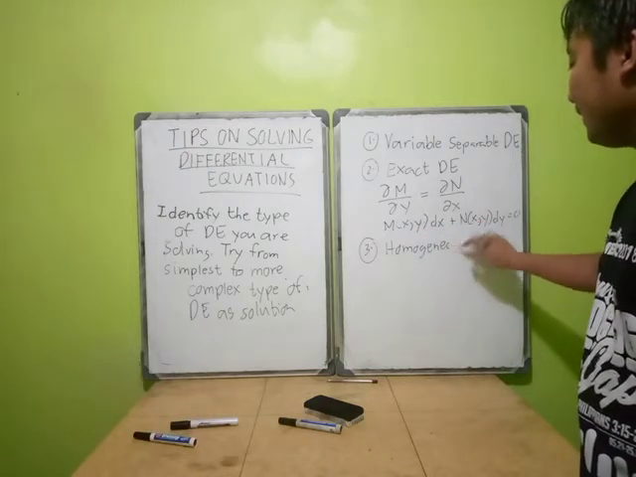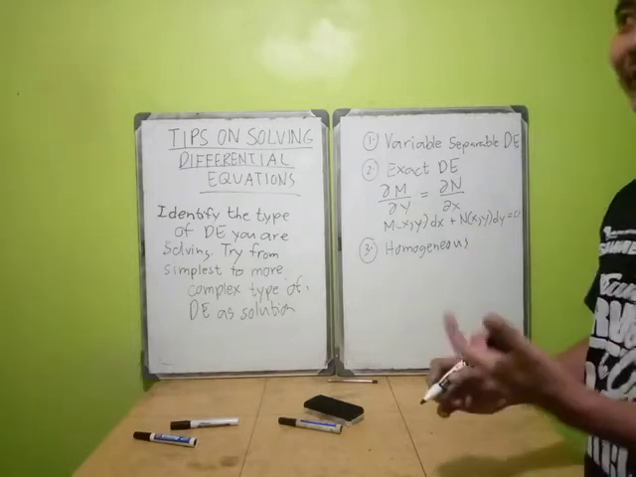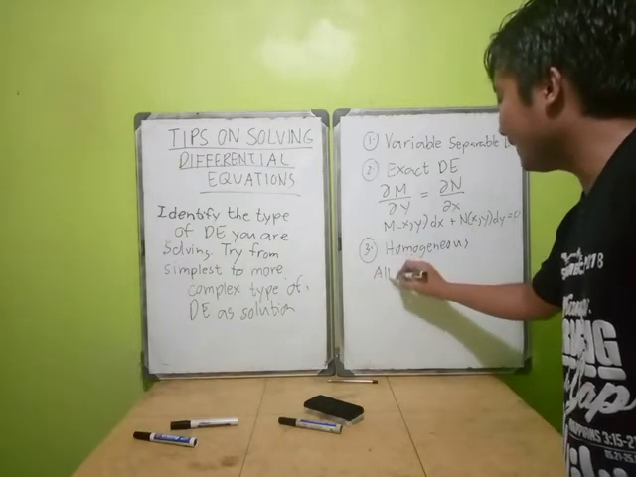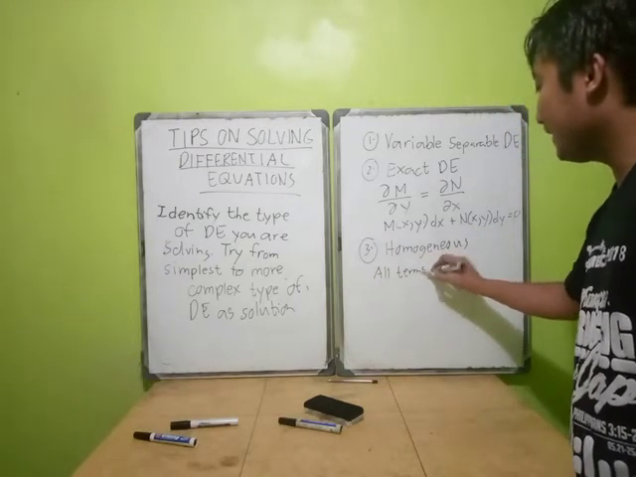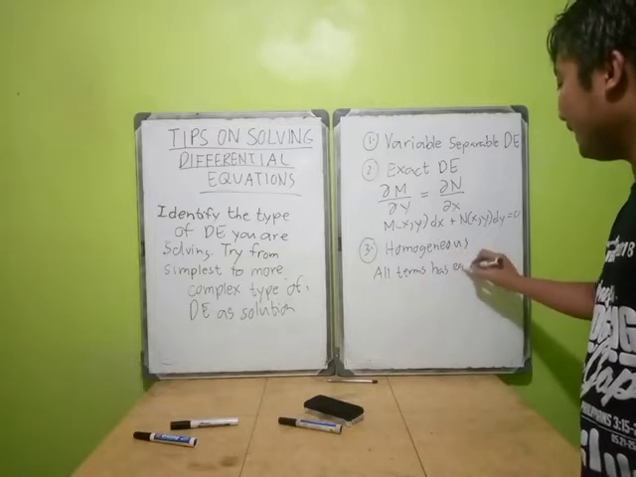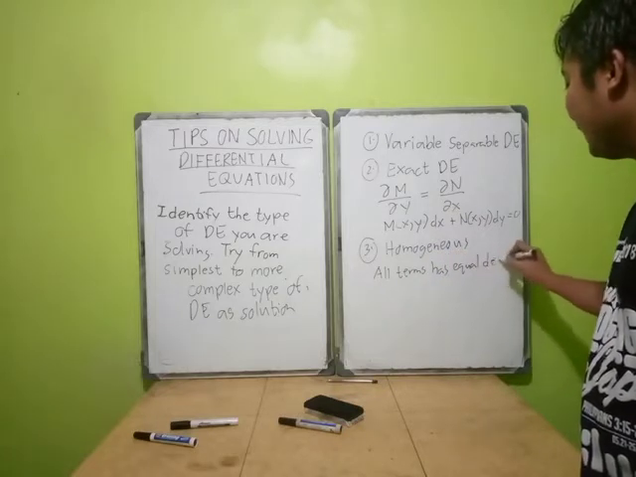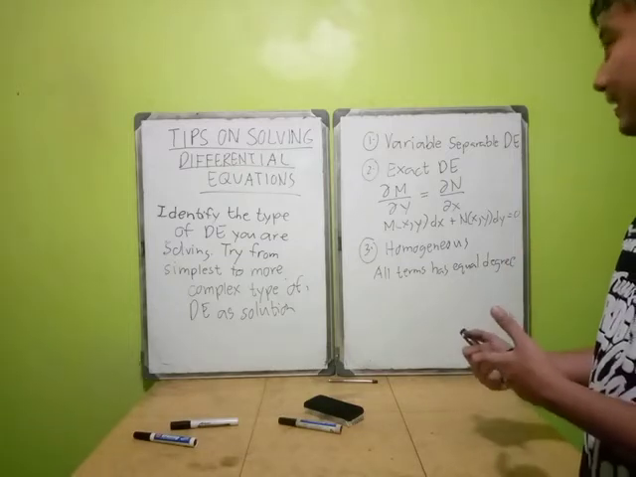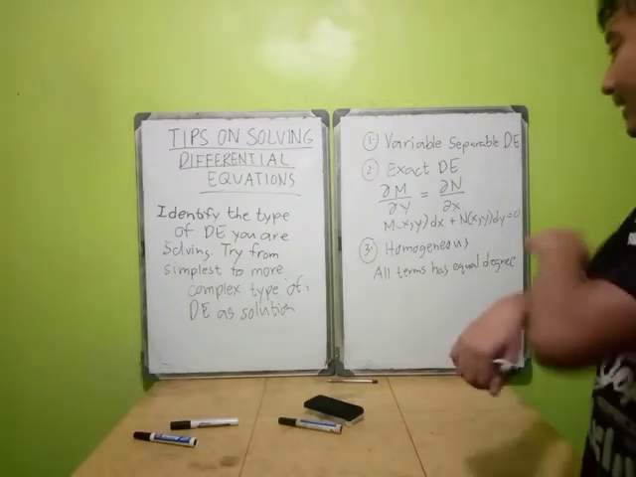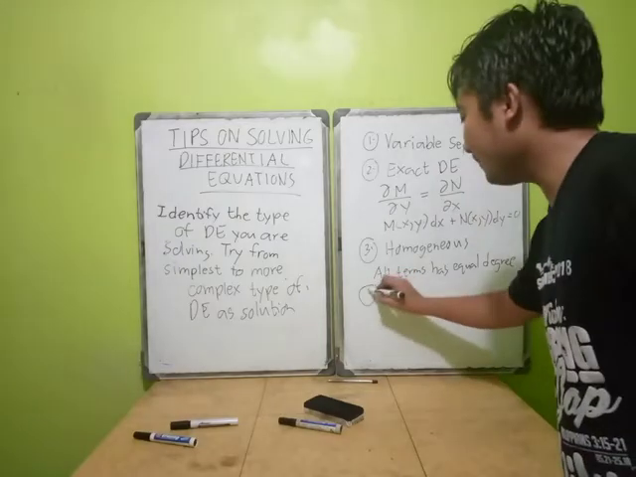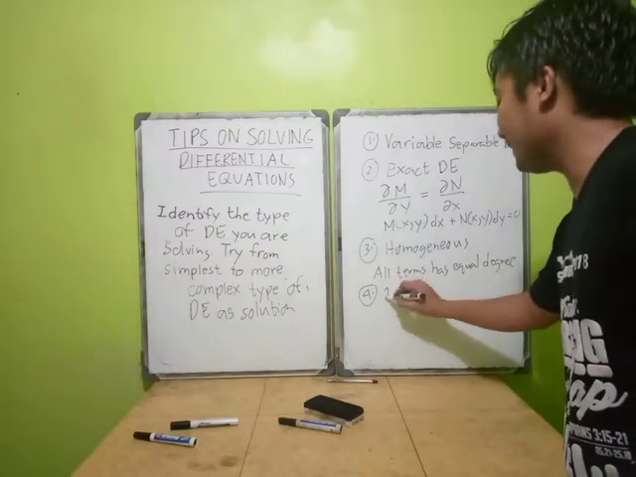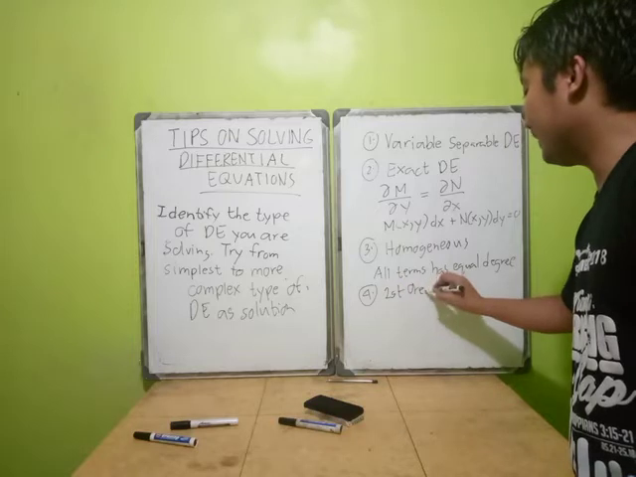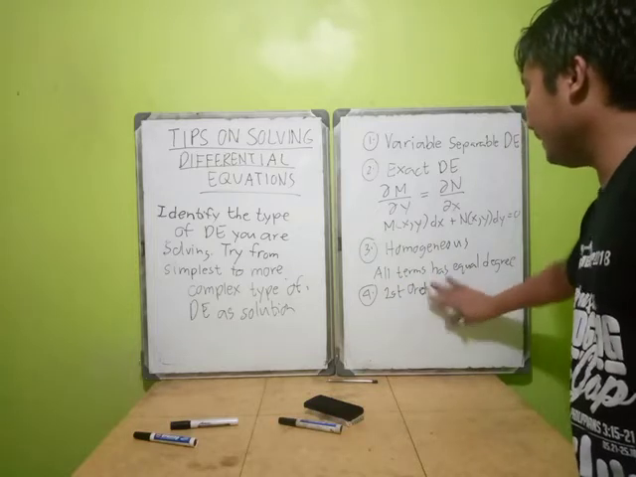So, tanungin mo, ano nga ba yung homogeneous? All terms have equal degree. Okay, equal degree ba lahat? Kapag hindi equal degree, okay, pass. Punta ka sa mas mahirap, yung first order, linear,